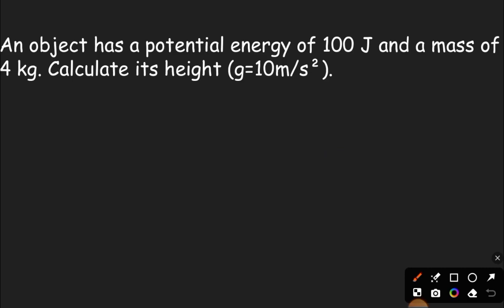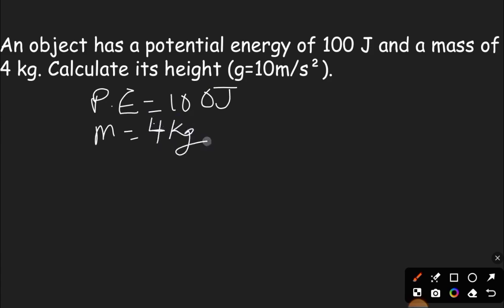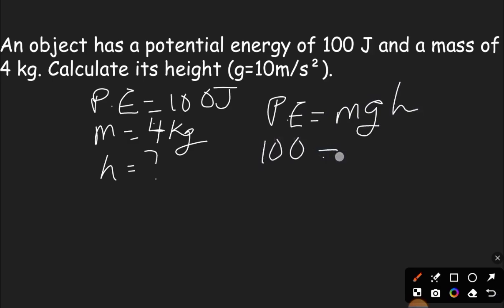An object has a potential energy of 100 joules and a mass of 4 kilograms. We have to calculate its height. So potential energy equals mass times acceleration due to gravity times height. So 100 joules equals the mass, 4, multiplied by acceleration due to gravity, which was given to be 10,